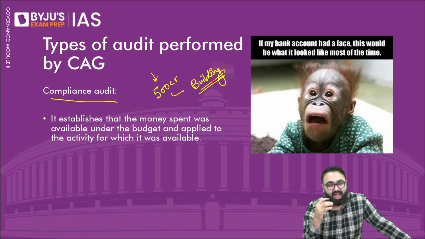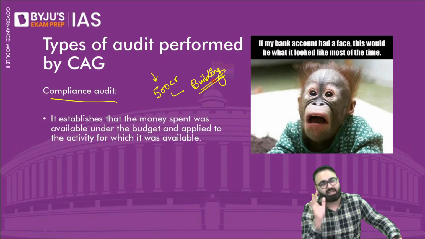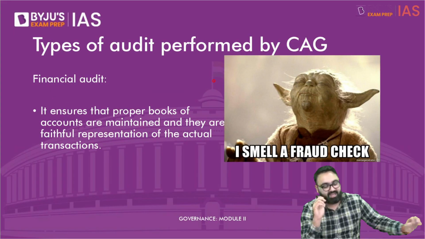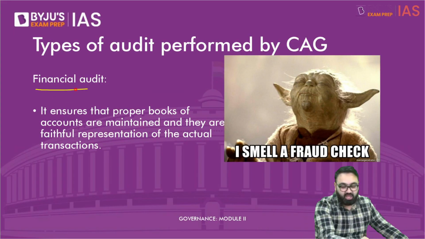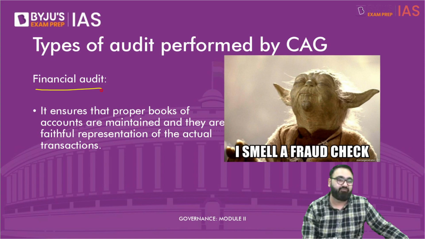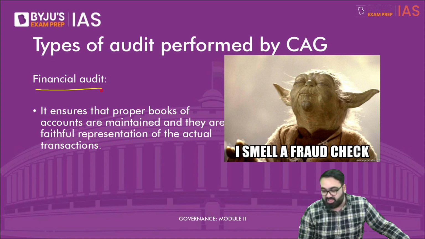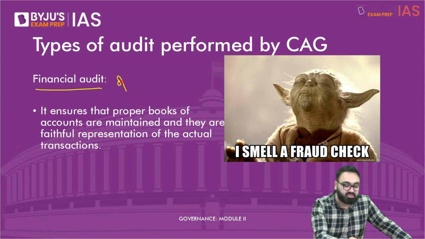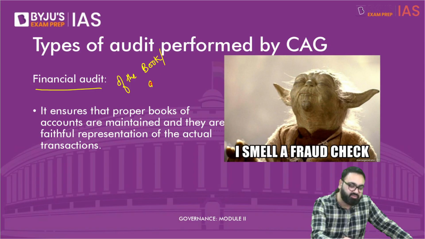Did you comply to the purpose of the money? Is the money spent for the same purpose or not? This is the first type of audit, simple, easy compliance audit. Second one is called financial audit. What do you mean by a financial audit? Financial audit is an audit of the books. Audit of the books, audit of the accounts,